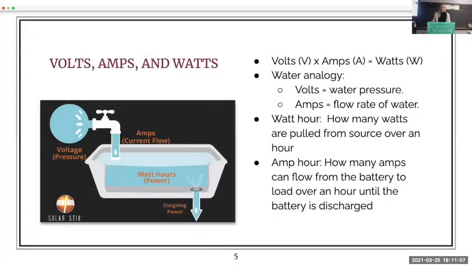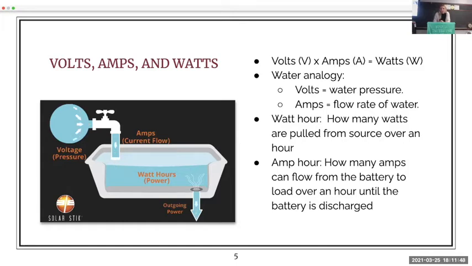Okay. So first we have volts, amps, and watts. Those are the metrics that we use when we're talking about electricity, and that includes solar. The equation that applies to a lot of this is volts times amps equals watts. It's a math problem, so you can also have watts divided by volts equals amps, etc. Often people use a water analogy. In this analogy, the volts equal the water pressure, and the amps equal the flow rate of the water, how fast the water is